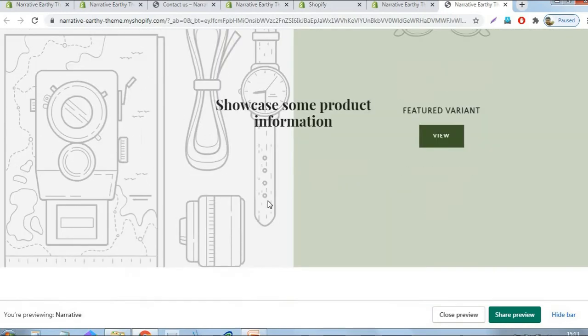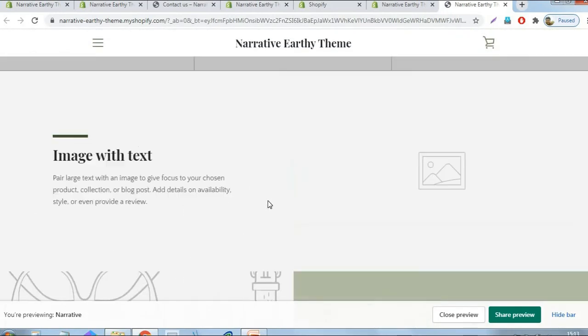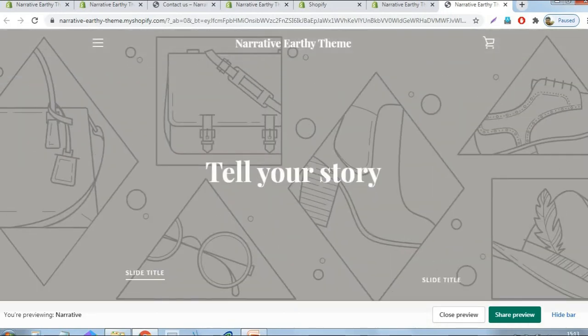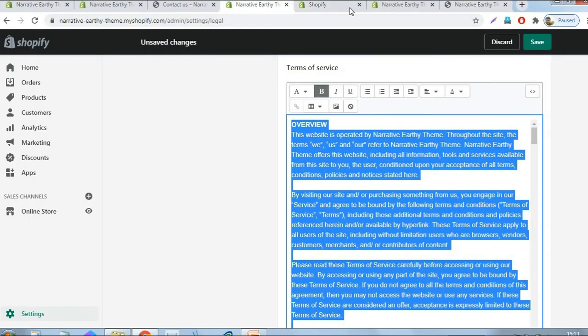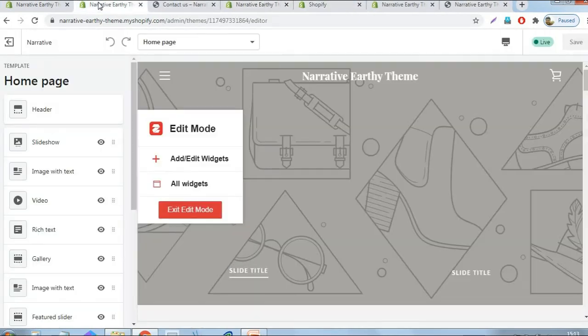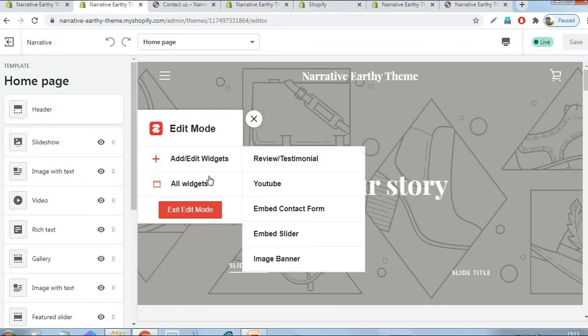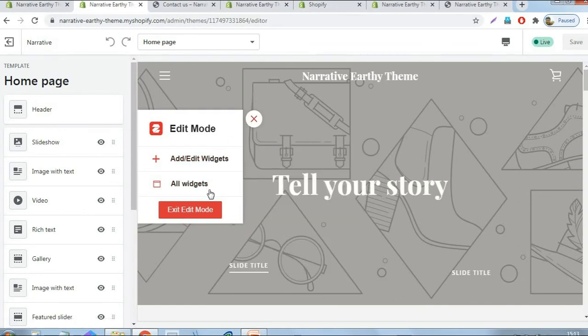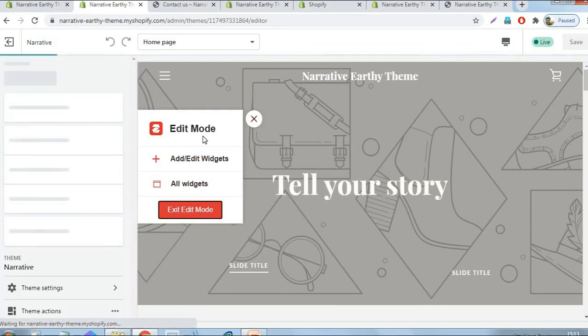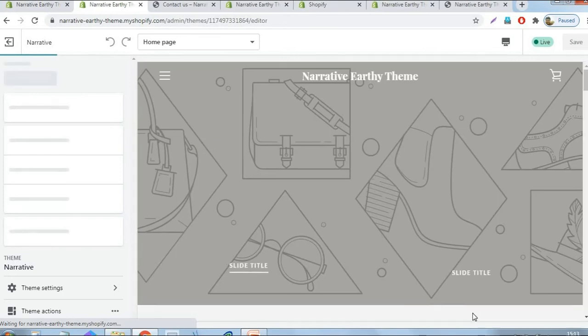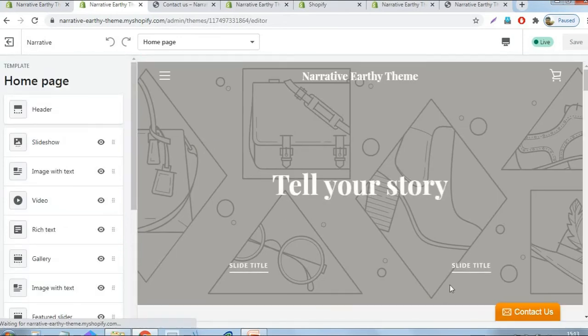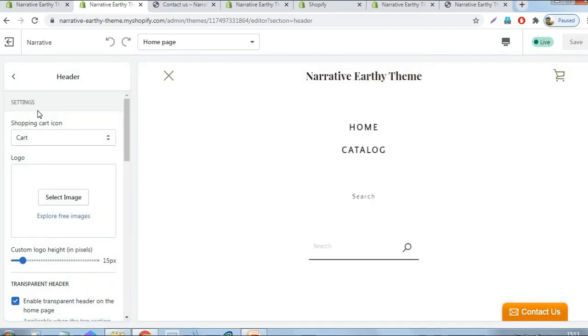We are changing everything now. The first thing we are updating is the header section.